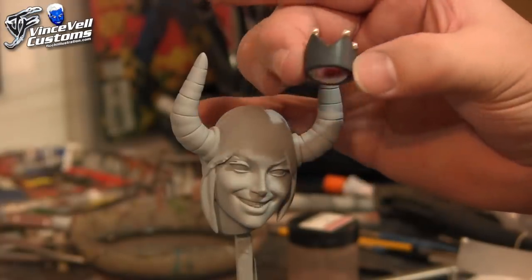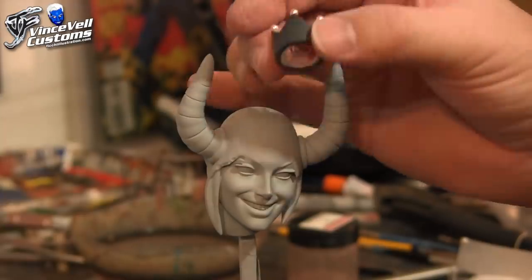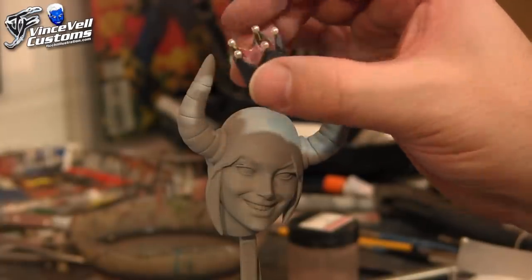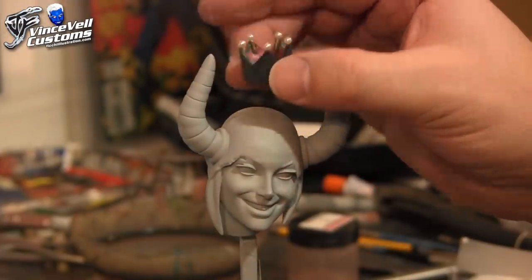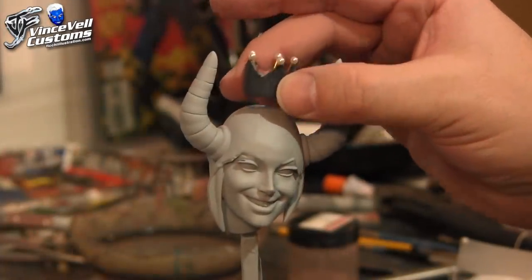I had to line them up, but the problem was sometimes I glued my fingers together. I had to use some nail polish remover, acetone basically, to get the glue off, and it was just messy. So I just figured let me just get these done, and then off camera I'll fill this all in, and hopefully by the time we come back it'll be primed up and we can start actually sculpting the inside for the little mushroom area and then start setting it up